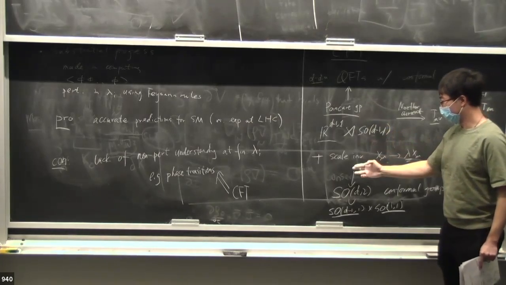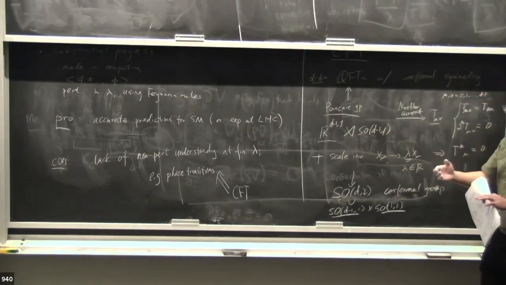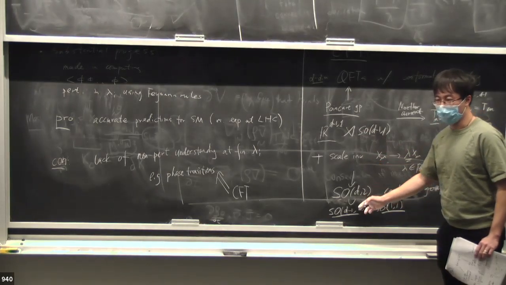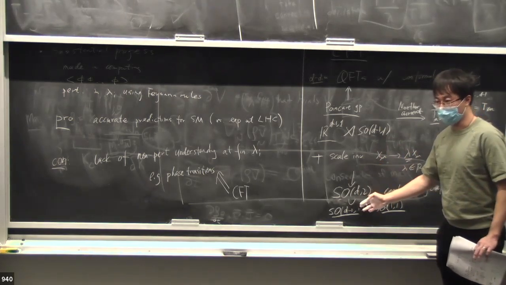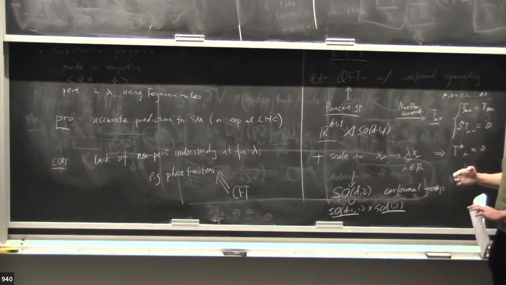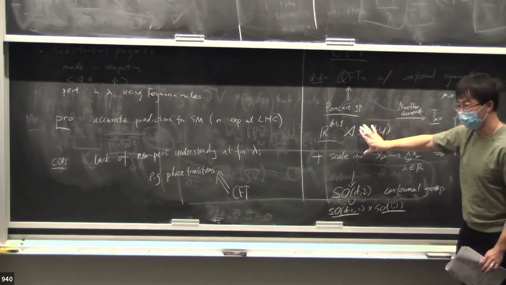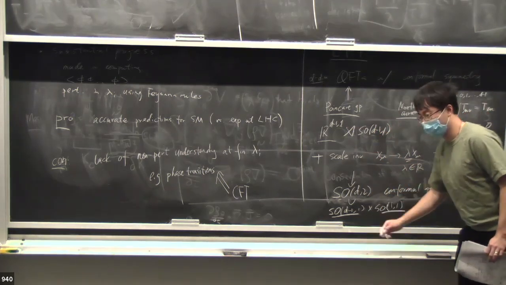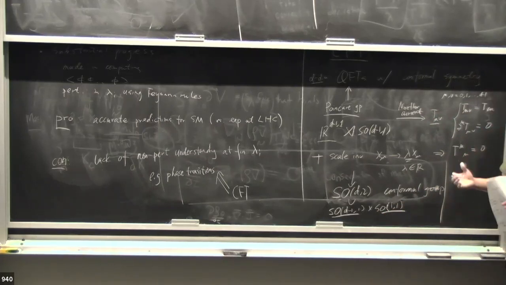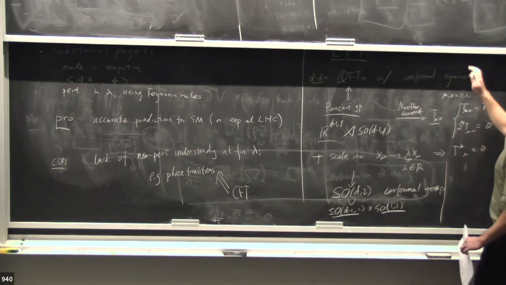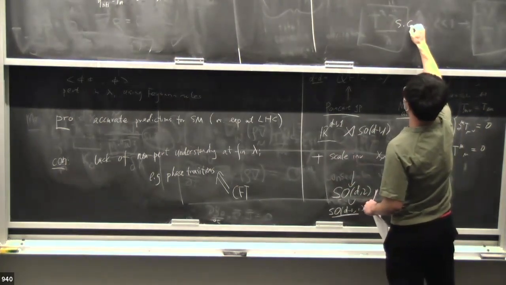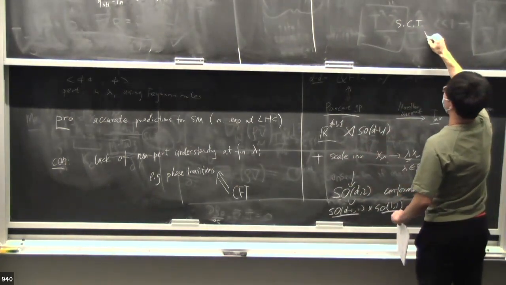The Poincare symmetry together with scale invariance, just at the group theory level, does not generate SO(D,2). So this and this are subgroups of SO(D,2), and they do not generate SO(D,2) together. The non-trivial statement is that when the stress tensor is traceless, it leads to enhanced symmetry that includes these guys and enhances all the way to this guy. And this other element, which I didn't talk about, is known as the special conformal transformation. It's a little weird. The way it acts is that it sends this coordinate